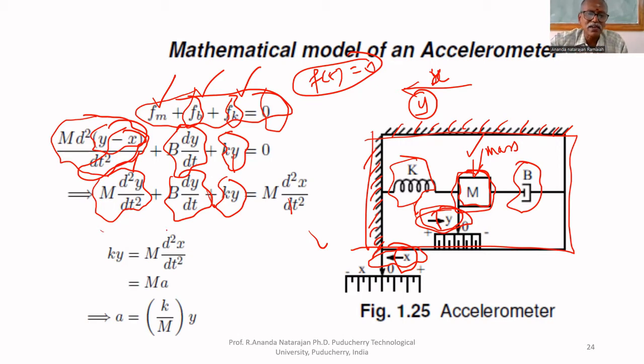Therefore, we are interested in d square x by dt square. We have to find the acceleration because it is an accelerometer. We have to measure the acceleration. So we can simply put ma. Here, m d square y by dt square plus b dy by dt plus ky equal to m d square x by dt square. For constant acceleration,